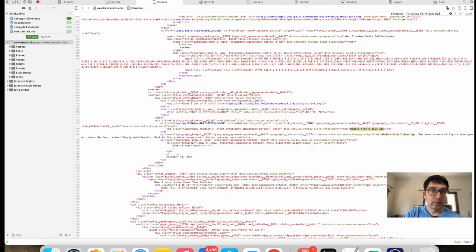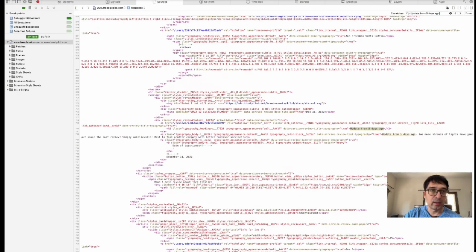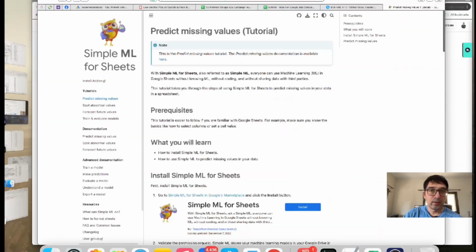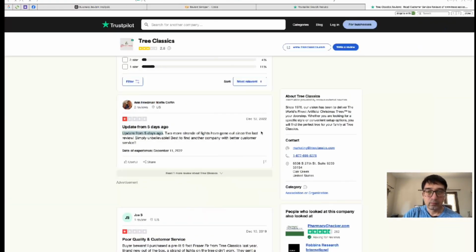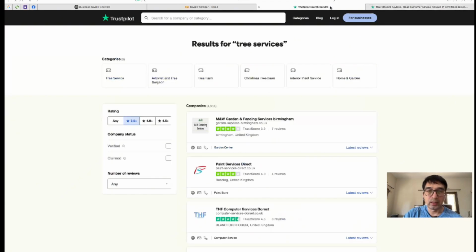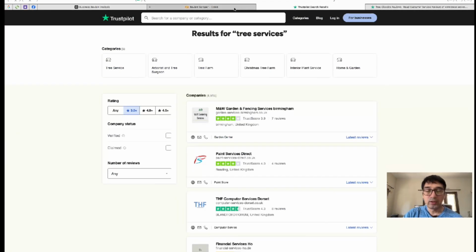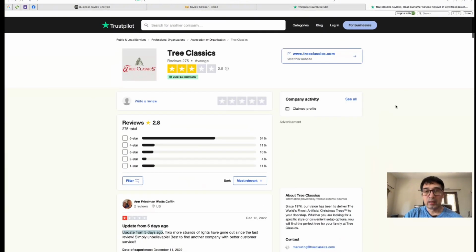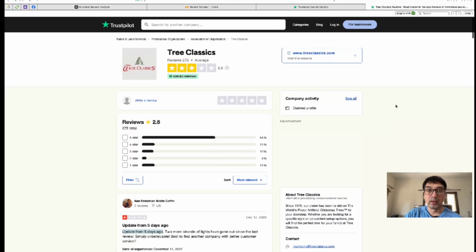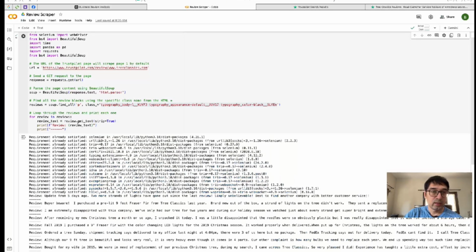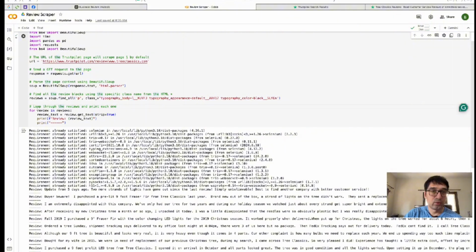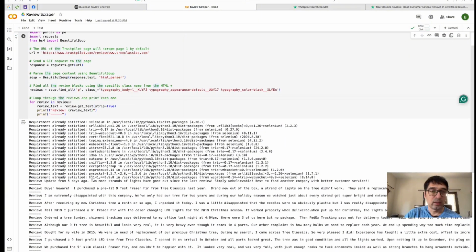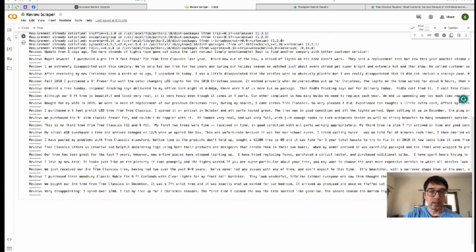This is how you can customize the code for any other review site that you want to scrape reviews from. So it's not just Trustpilot. I use Trustpilot because this is where the reviews are independent and we can get a lot of stuff. A lot of my clients are in the US, so Trustpilot is also a big deal. But this is how the code works. So finally, this just loops through all of the reviews, turns them into text,